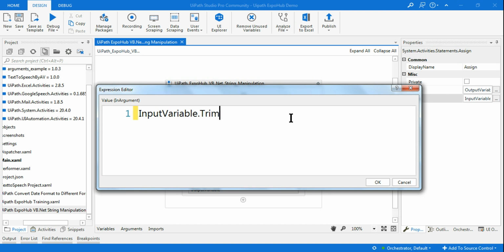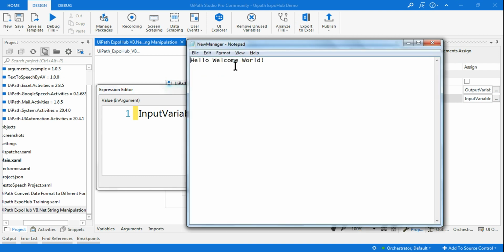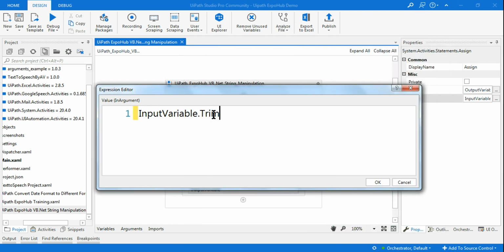So what is the use of trim? Trim means it is going to remove the extra space. Let's say there are extra spaces at the beginning and at the end of your sentence. So it's going to trim the space only. Okay, that is for that purpose. So there are also different methods available. Let's say you want to trim only the left side space, not the right side. Even that is also available.